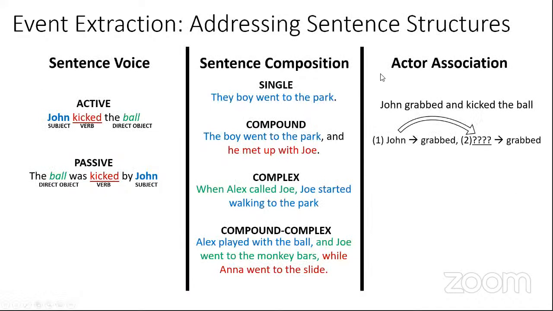Similar to the actor association that we have here, we can simply propagate it. But for the objects, understanding if that is actually related here. So in this example, John grabbed and kicked the ball. Having the idea to associate the ball with grab is a 50-50 scenario. In this example, it applies, but